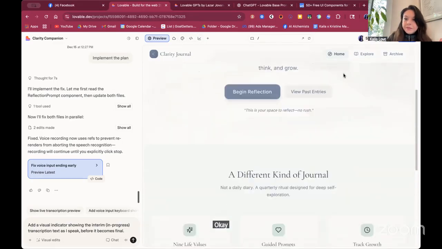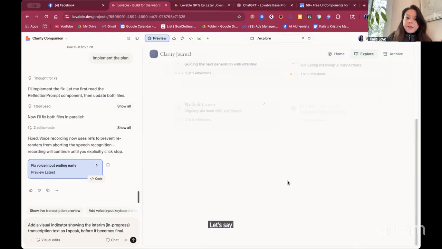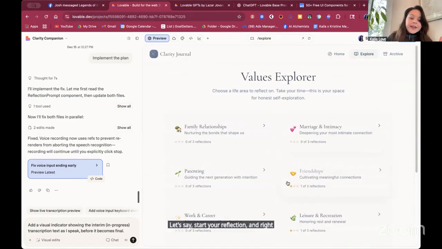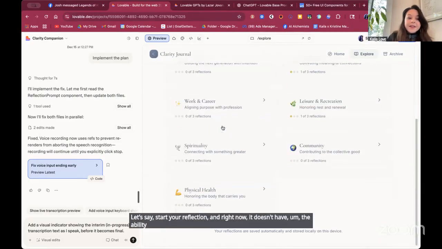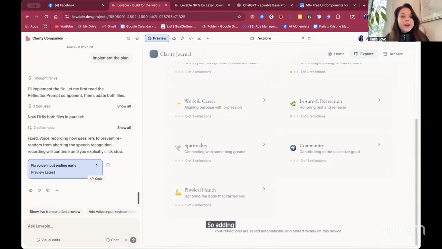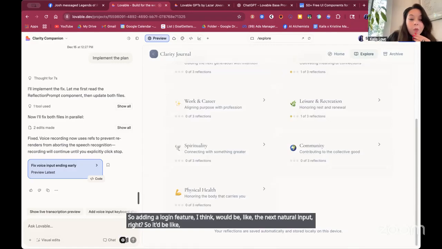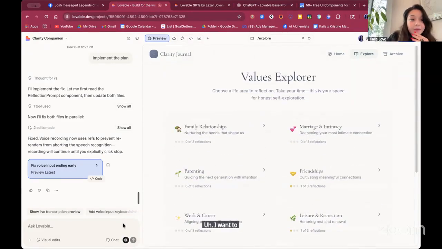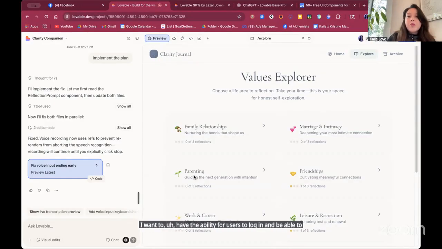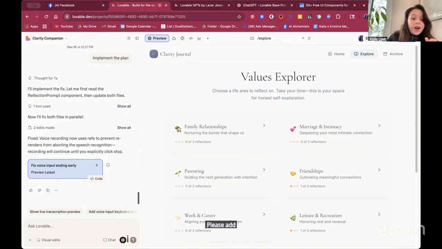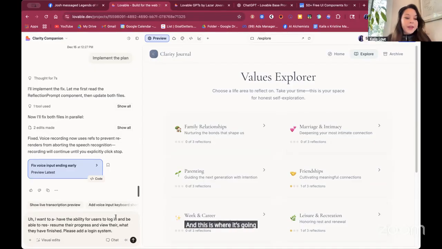Okay. So let's say start your reflection. And right now it doesn't have the ability for me to log in. So adding a login feature, I think, would be like the next natural input, right? So it'd be like, I want to have the ability for users to log in and be able to resume their progress and view what they have finished. Please add a login system. And this is where it's going to probably tell me,